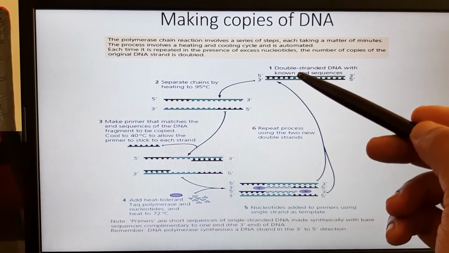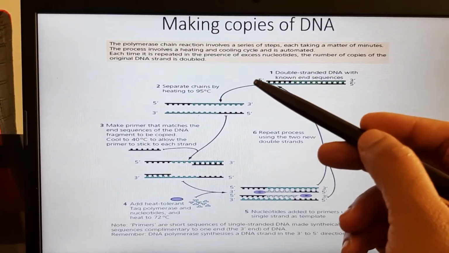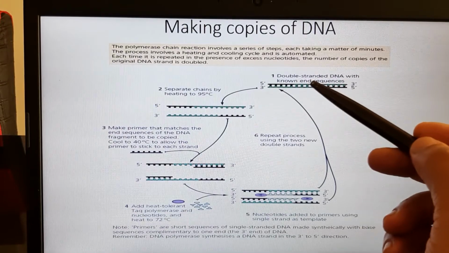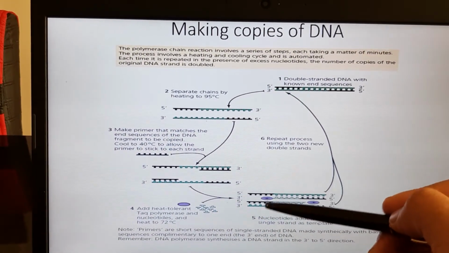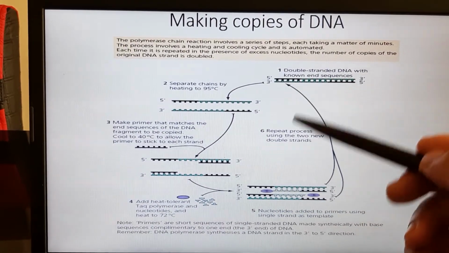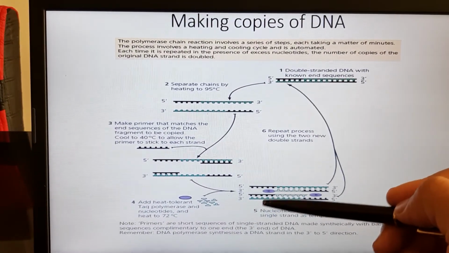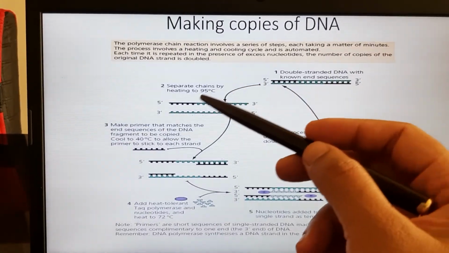When a single molecule of DNA, double-stranded DNA, by the end of this cycle will be converted into 2 copies of double-stranded DNA. One parent is used and we're making 2 copies. The process related to this